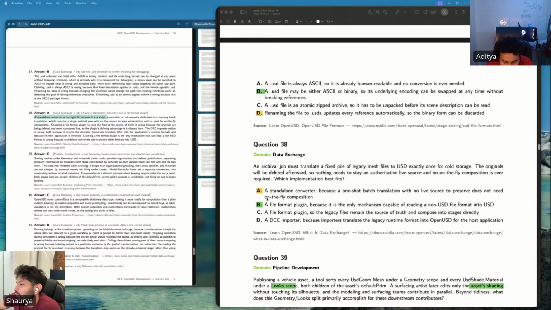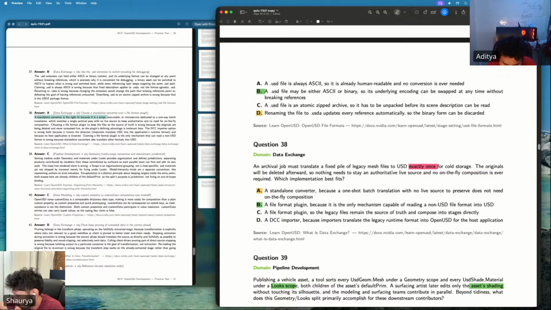So what is this? An archival job must translate a fixed pile of legacy mesh files to USD exactly once for cold storage. So this was, I think, the keyword: exactly once. For cold storage, the originals will be deleted afterwards, so nothing needs to stay an authoritative live source, and no on the fly composition is ever required.